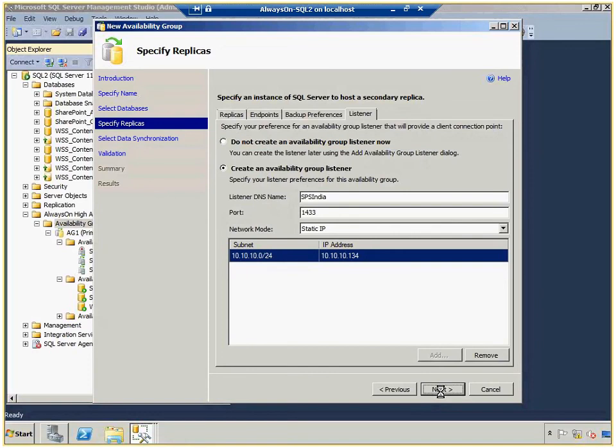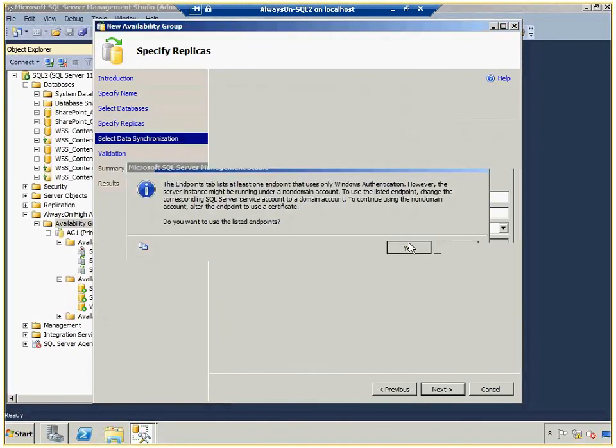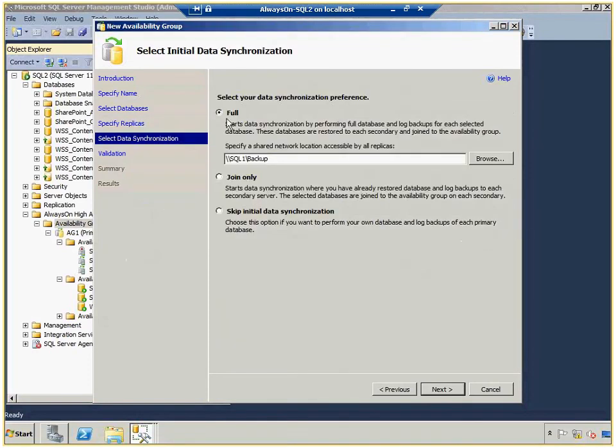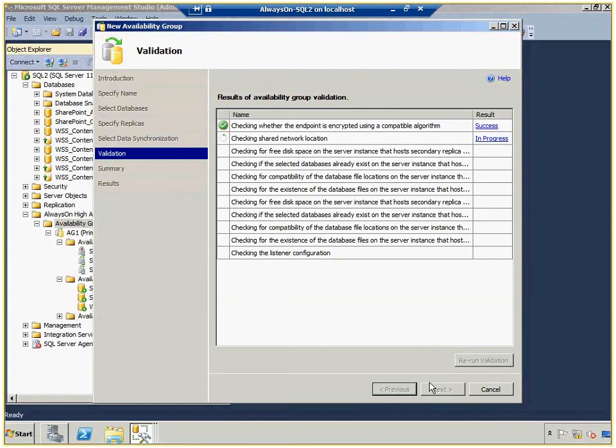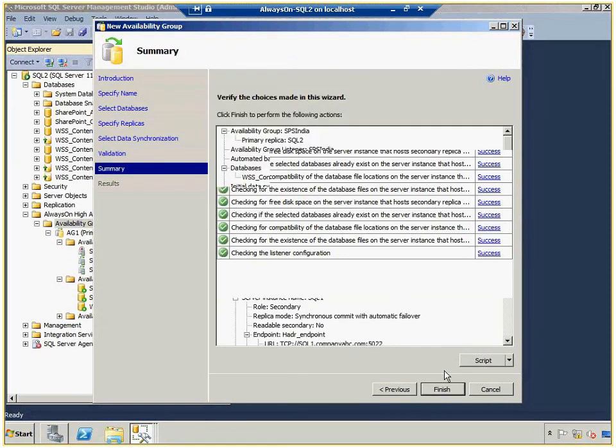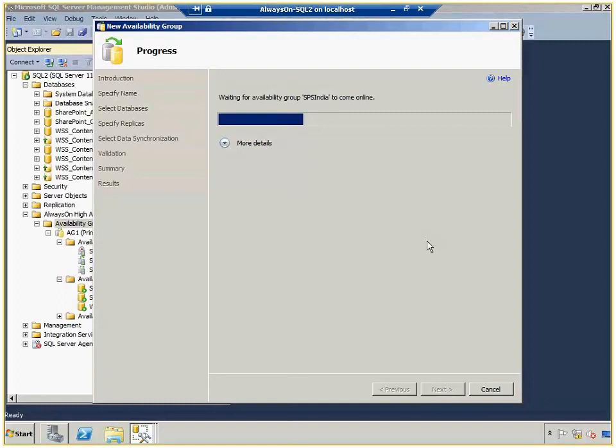Next. I'm going to use the listed endpoints. This is where you specify that shared location that's used for the backups. So we'll go through. And it should go through and create everything. Yes, everything's validated. Click Finish, and it'll go through and create that availability group and allow us to fail over